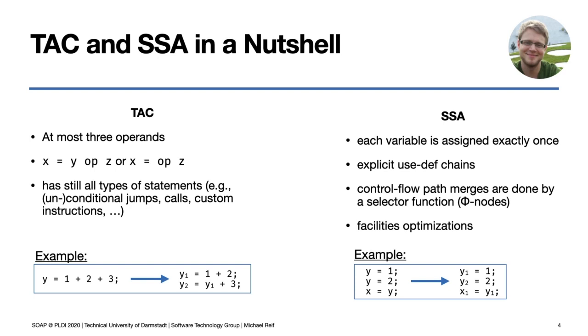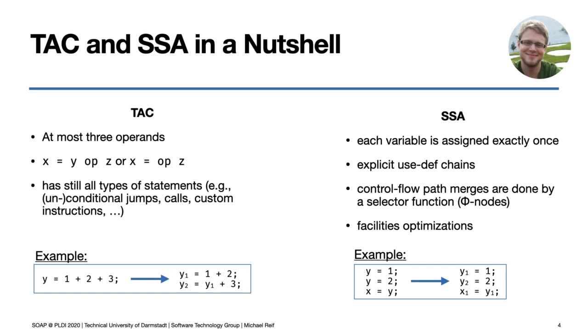SSA refers more to a property of a representation. As the name suggests, each variable is assigned exactly once. That means that it's always known where a variable that is used is defined. To keep that property when branches are present, SSA forms usually provide phi nodes to select the value from a certain branch. As we can see below, this property immediately facilitates optimizations. When we rewrite the code from the left to SSA form, we see that y1 is never used